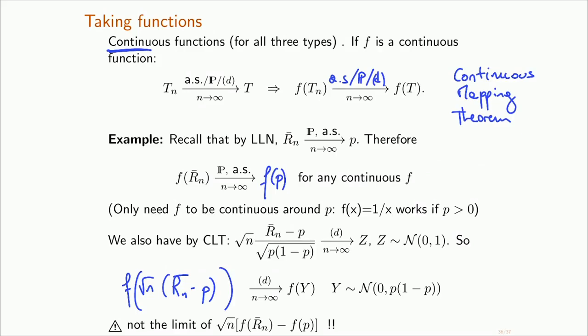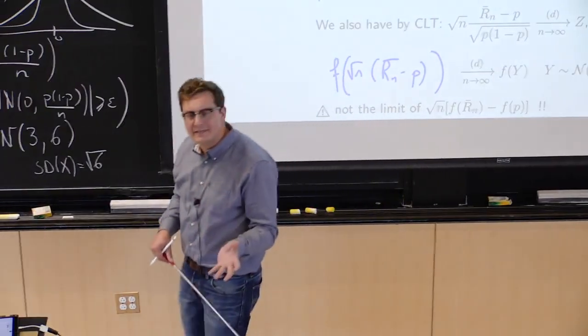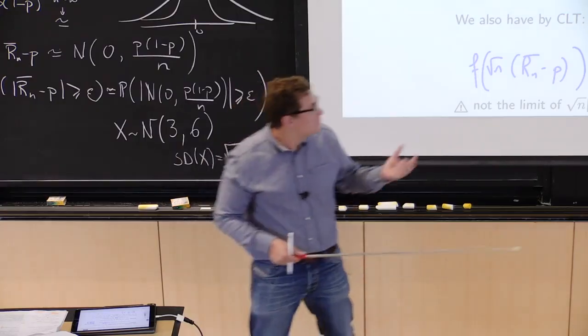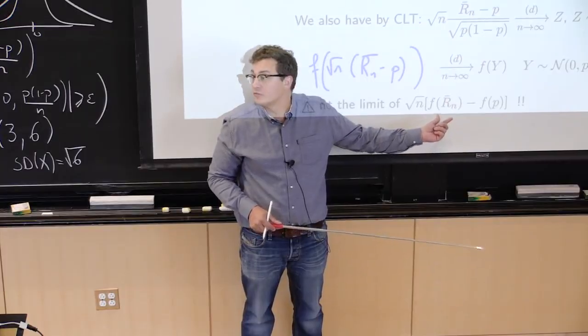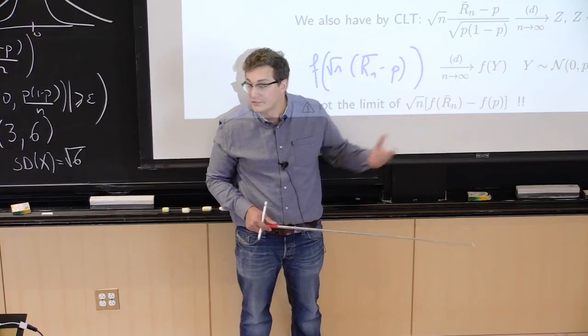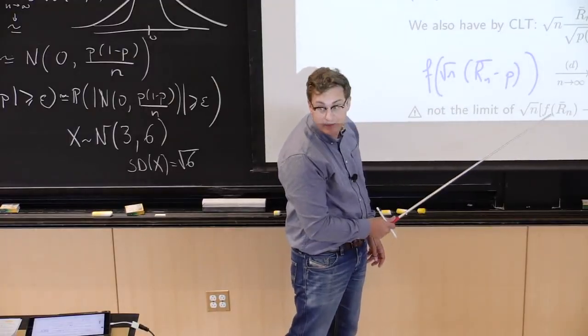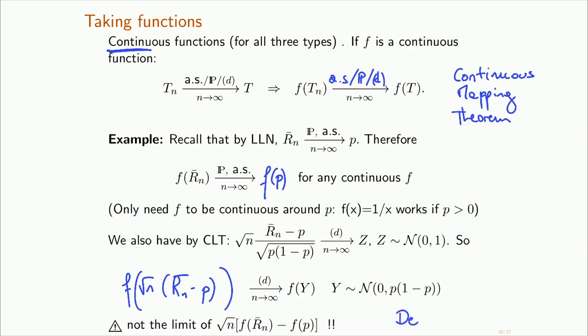Because what we would really want is to say how close is f of Rn bar to f of p? Let's say I don't want to estimate p itself, but I want to estimate 1 over p, or p squared. Then a good candidate would be the same function of Rn bar, 1 over Rn bar, or maybe Rn bar squared. But this result does not tell me anything about this. So for that, we need to look at something called the delta method, and we'll see that in the next chapter.